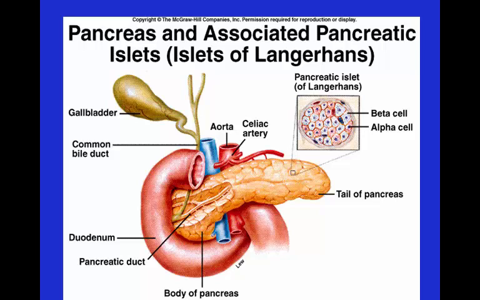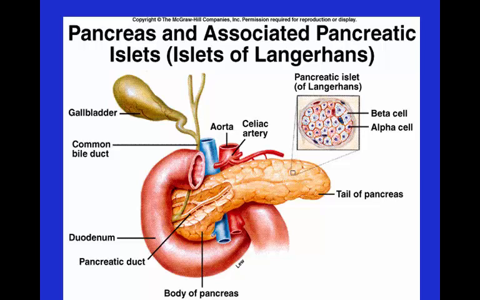So, the pancreatic duct transports enzymes and other digestive substances to the duodenum, and so the duct is useful for the digestive process. For the hormones of the pancreas to get to where they're going, you know the story by now. Hormones are released into the blood, right, to go to their sites of action. So the pancreas has a very good blood supply then. You can see the aorta, and then the pancreas has nice large arteries going to it, coming off the celiac artery. The inset to your right says the pancreatic islet of Langerhans.